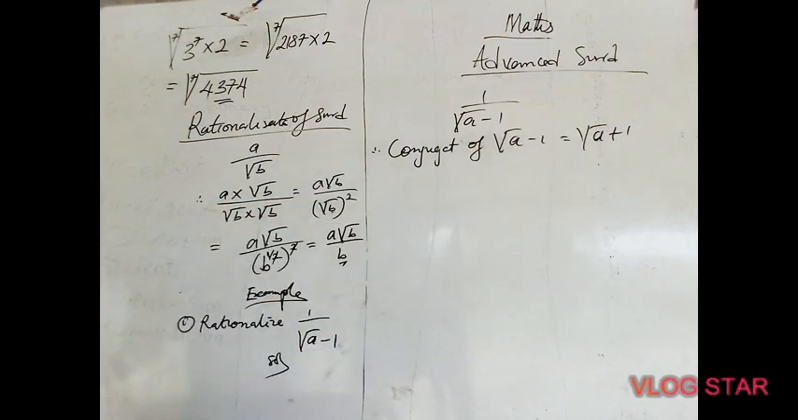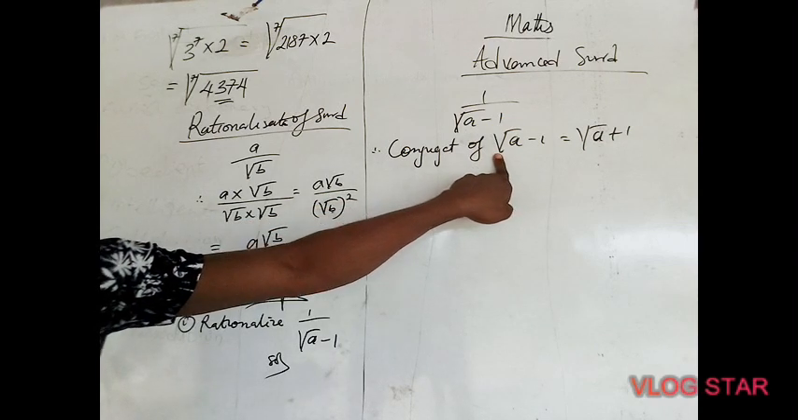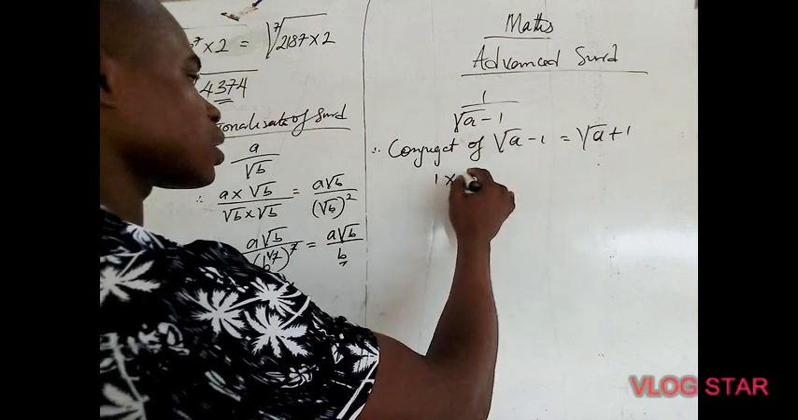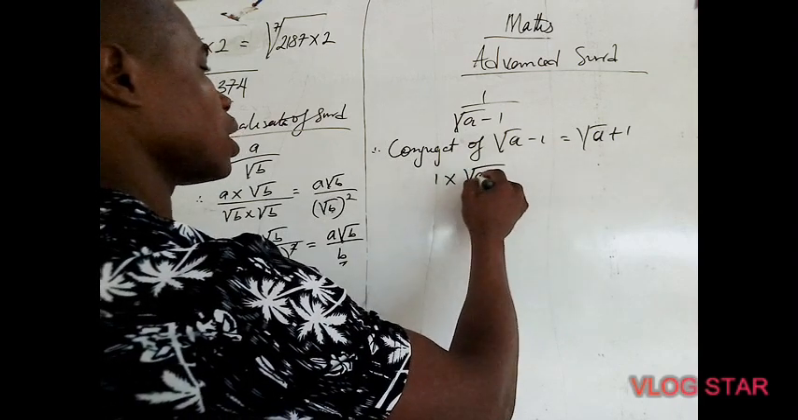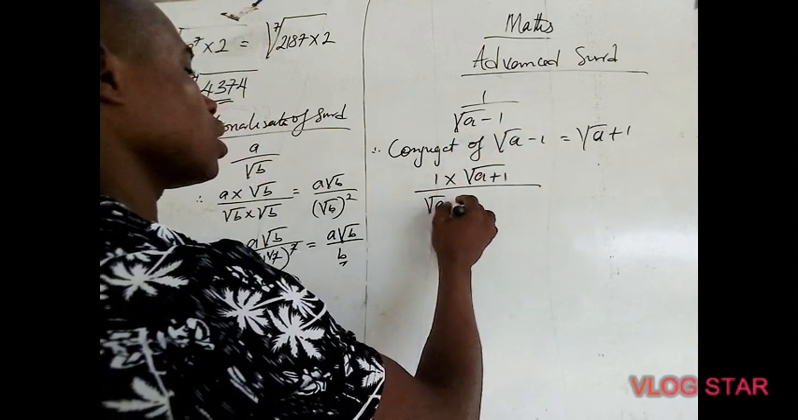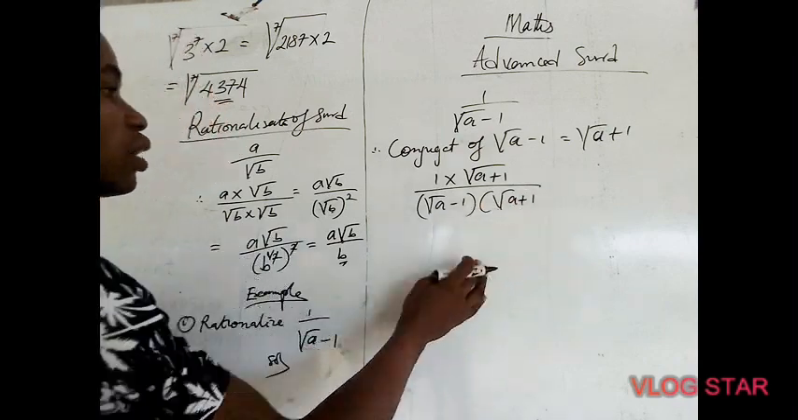You have the conjugate. That is, the conjugate of the surd is two surds that will multiply each other in order to give you a rational number, whereby you will not have anything called the root there, or the square root, or any other type of root existing there. So what we're going to do here, you multiply 1 times the conjugate, which is root a plus 1, all over, then you multiply the denominator, root a minus 1 times the conjugate root a plus 1,